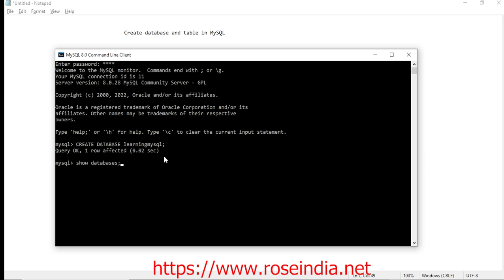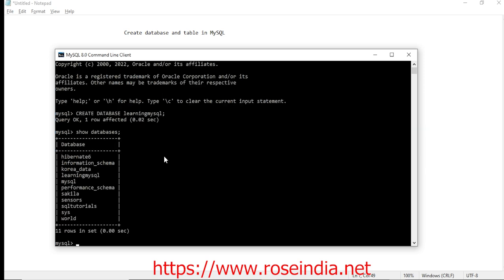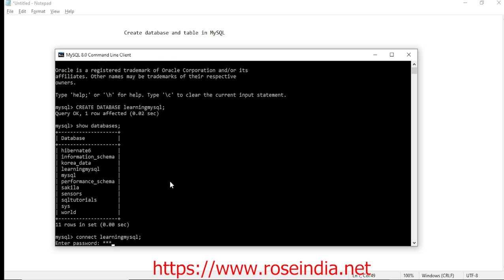To see if the database is there, you run the query show databases and you will see the database learning MySQL is here. Now we need to connect to this database. For this we have to write the command connect, then the database name: connect learning MySQL. So we are connecting to the